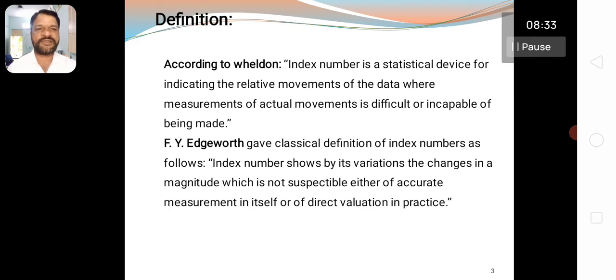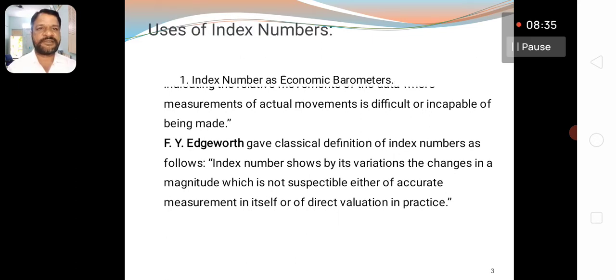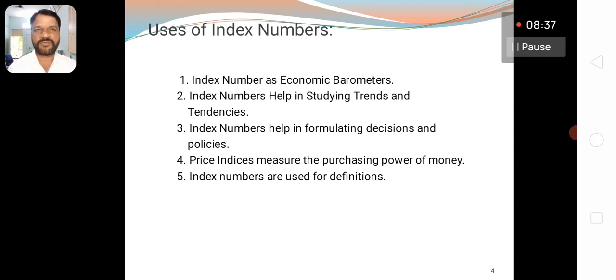Now that is called the index numbers. Then what are the uses of the index numbers? Basically, the index number is called the economic barometer of the country. Economic barometer means that it helps us to know the growth of the economy, and how the rate can be measured,